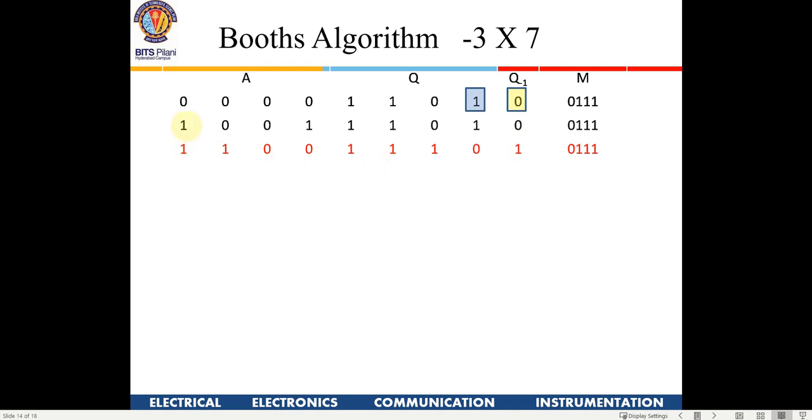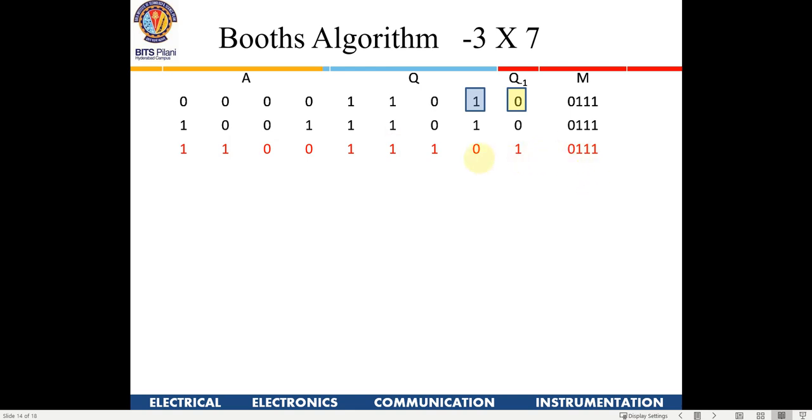While doing the shift operation, we have to remember it is an arithmetic shift. Whatever is the last MSB, that comes here, right? It is not that when we shift you push a 0 here. So when we are shifting it's an arithmetic shift. That is why a 1 is being pushed in from here, and whatever is Q1, the previous data of Q1, gets pushed out. So we have done a shift right operation here, right?